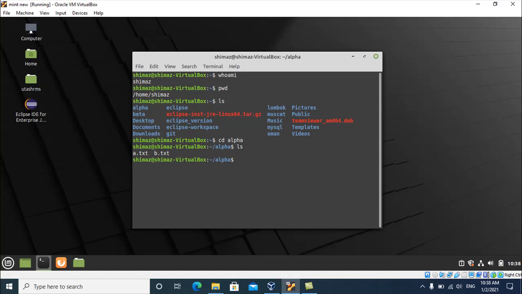I want to know the file permissions for these two files. Okay, the command is ls -l. Okay, so now you can see here the file permission. The file permission says that